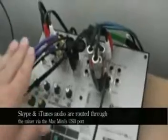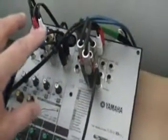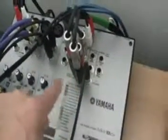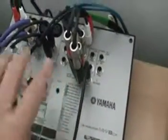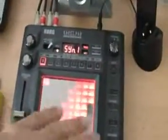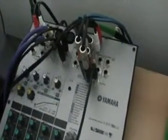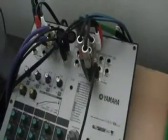And as you notice here, I have all the external devices patched through this console. The Korg Chaos Pad actually takes, there's an area in here called Effect Send, so I can route audio from here into the Chaos Pad. It will process it and then pump it back out. So the Chaos Pad will actually modulate live audio going through the console. And this runs USB into the Mac Mini, which is behind